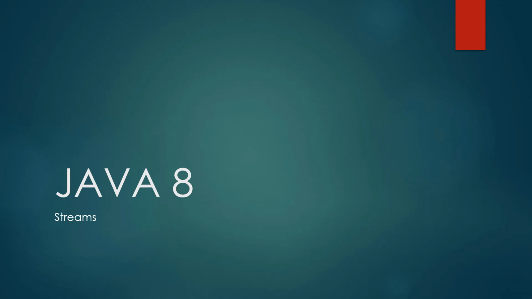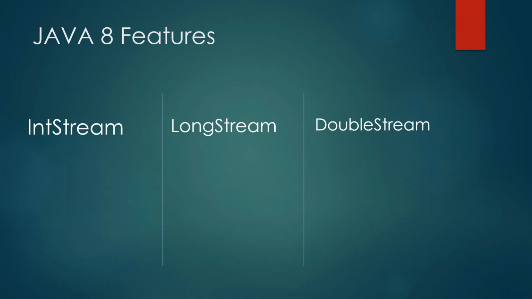If I want to process int primitive data in a stream, then one class is introduced, and the name of that class is IntStream, to process or manipulate that primitive data and acquire information from it. If that primitive data is long or double, then in that scenario I can use the LongStream class or the DoubleStream class. In this video we are going to see how we will use these stream classes to acquire information from primitive data according to our requirement with the help of examples. So let's start.